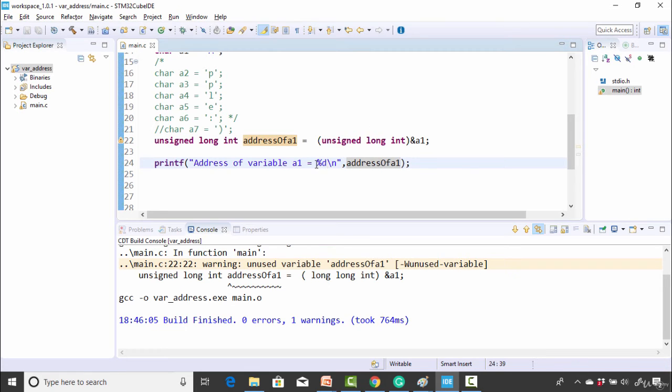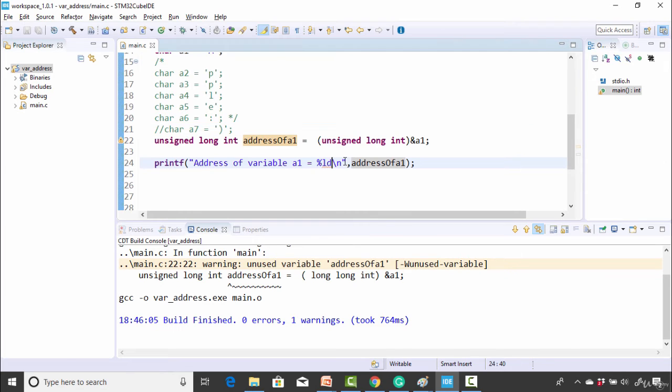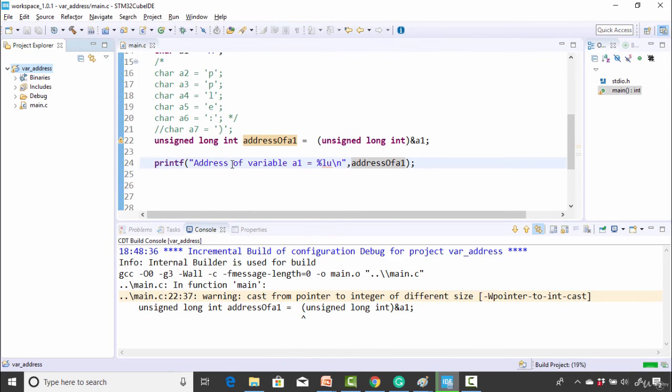But remember that %d is for integer, but this is long integer. So %ld. Remember that you need not use d here because this is unsigned data. Addresses are always unsigned. So instead of d, which is for signed, you can mention u, long unsigned integer. And now let's run this code.